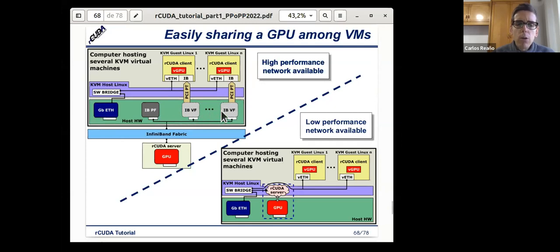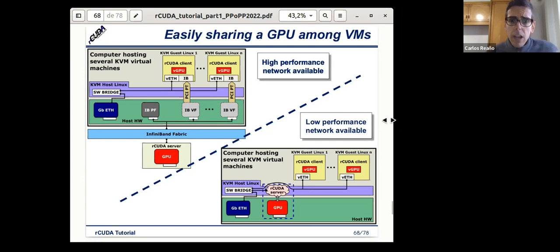Thanks to those virtual functions, we can assign each of them using PCI Express pass-through to a virtual machine. By doing this, we can go through the physical network to the remote server hosting the physical GPU, and we will be able to concurrently share a remote GPU among the different virtual machines in the original node.